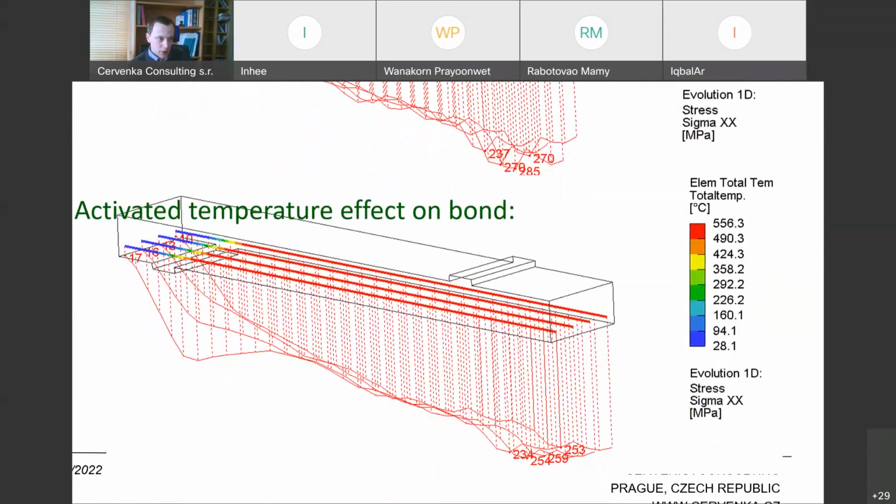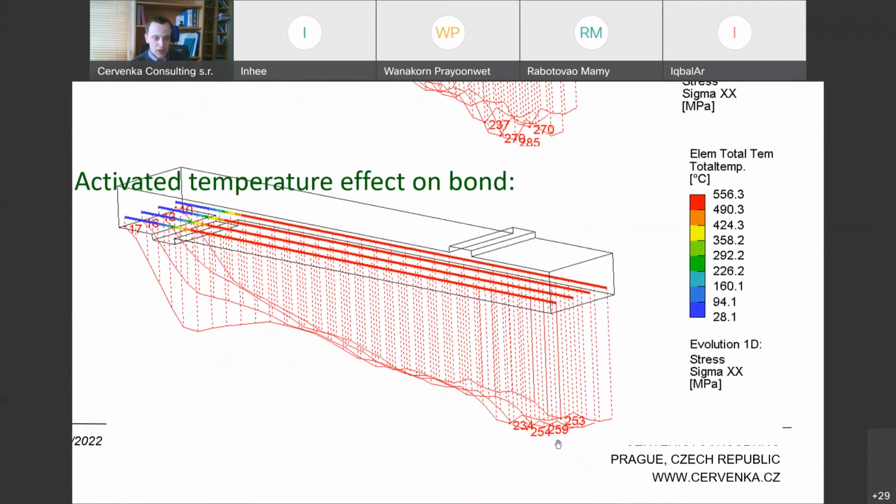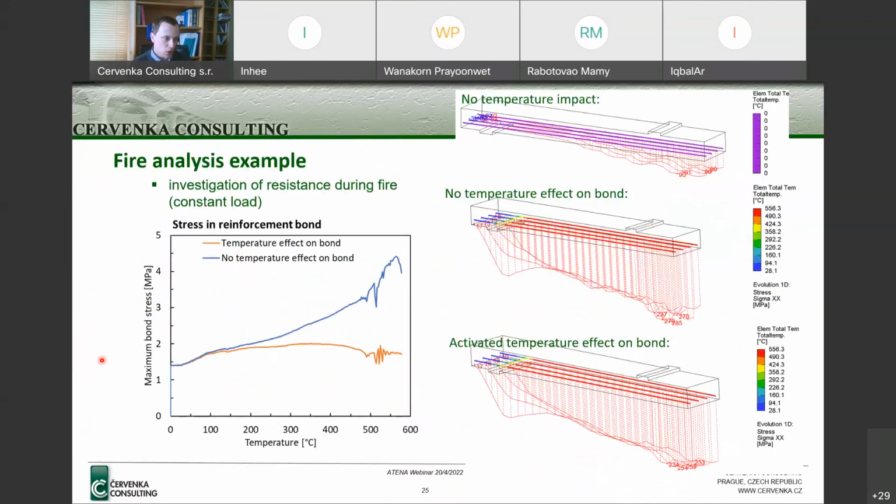If we activate the bond temperature dependency, the stress somehow redistributes and decreases to a maximum of 259 megapascals. If we look at the maximum stress in the bond between the concrete and reinforcement, if the bond temperature dependency is activated, it goes to a maximum of 2 megapascals,